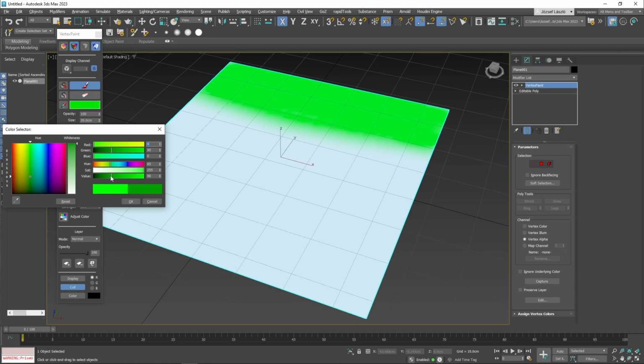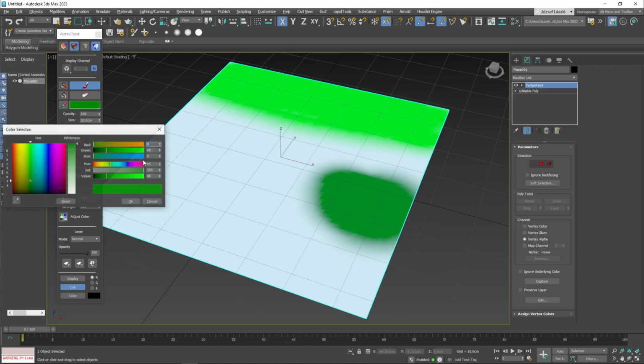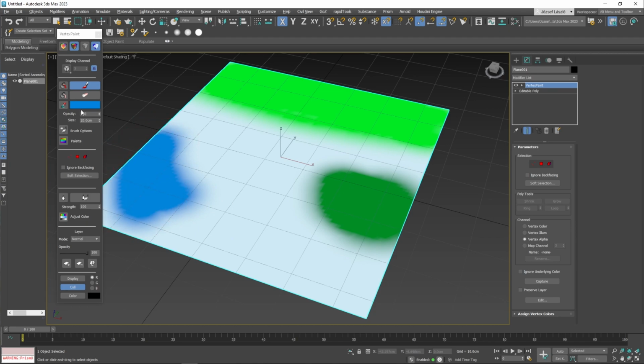it shows me green, but it's actually not green. It's where your value is set. So even if it's green like this, it will ignore the hue and the saturation. It just cares about the value. So it doesn't matter what color you use in the alpha. It should just care about the value of it. So this is basically